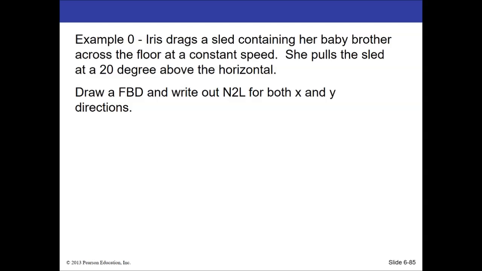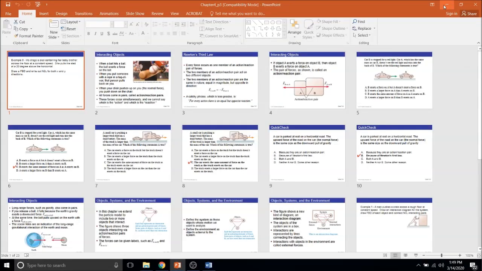So I am going to choose, for this example, to treat the sled as the object. So once you identify what your object is, you then start talking about what the environment is. So if the sled is the object, that means the environment is going to be the baby brother that sits on top of the sled, and it's going to be the ground that is supporting the sled, and it will also be the rope that is pulling the sled along. So every time you start your problems, it's really clear to be aware of what the objects are and what the environments are. So let me jump ahead to my